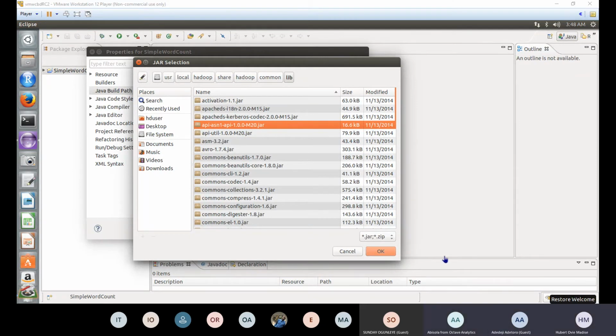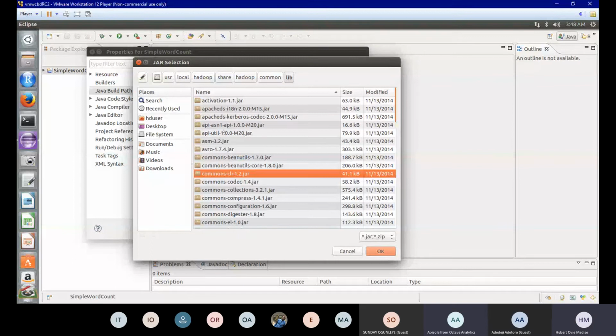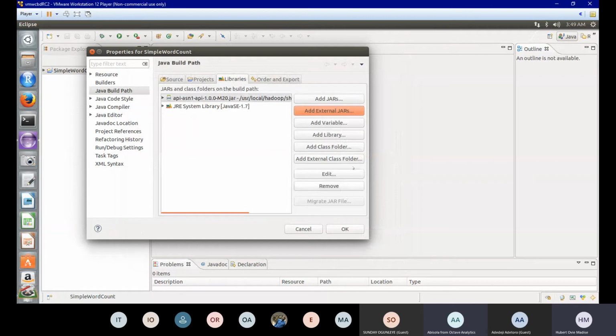Sorry, before I continue, I'm noticing that most of the other files are also in the same directory. So I want to ask if I can do multiple selections or Control something. Yes, control select them. Control select all of them that are in that same directory. I think we have 4. So let's control select them. I don't think control select works in Linux. It actually worked for me. Are you serious? I'm trying that now, it's not working. Oh wow, that's funny. So do I have to go one after the other? Okay, just go one after the other. It will bring it to the same directory. Okay. Click OK.